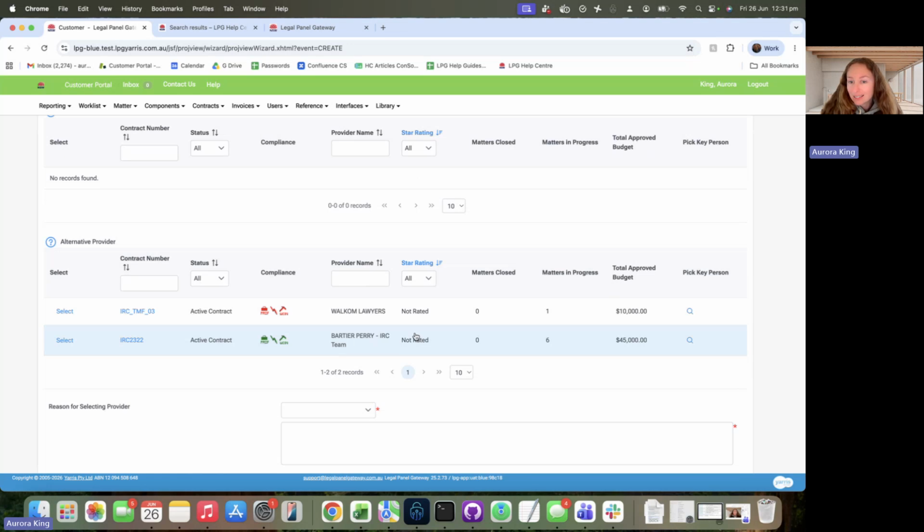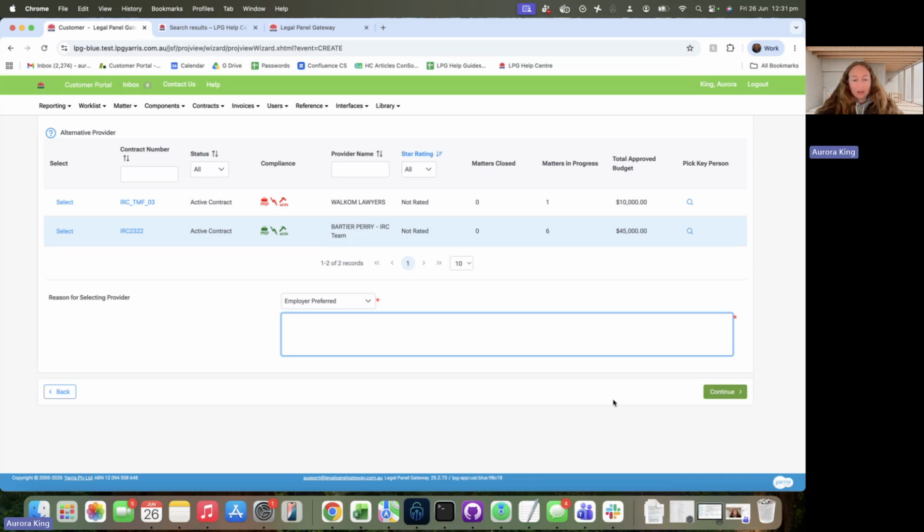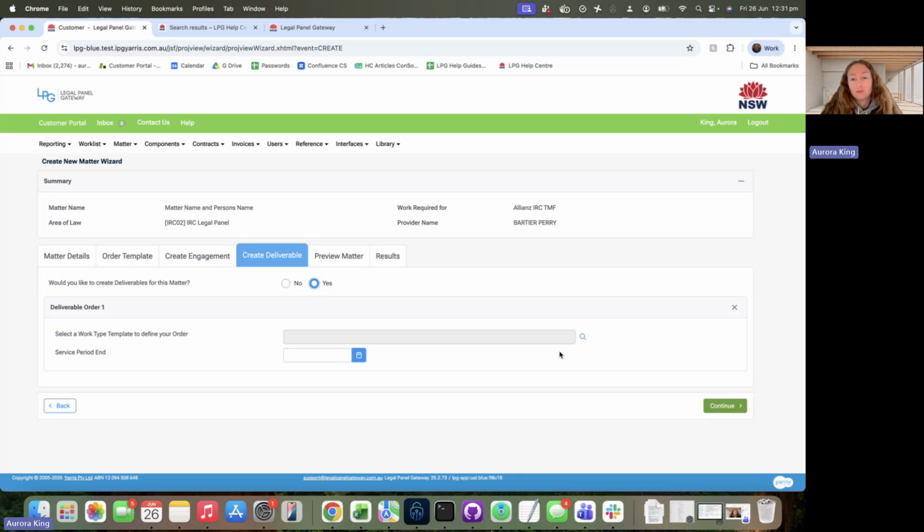I'm going to select this legal provider here and my reason. I'm going to choose employer preferred as I've used this legal provider in the past. I'm going to add my note. Now, for